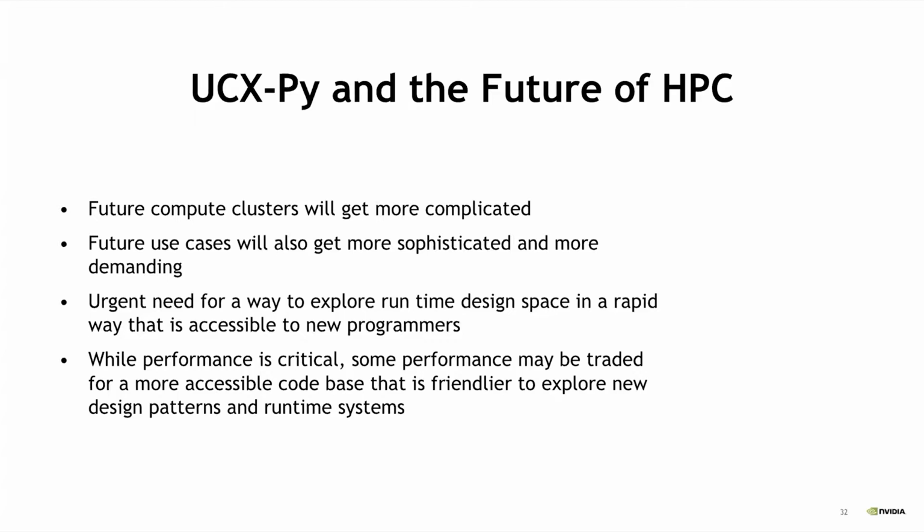Gone are the days of Jaguar just being a massive Opteron cluster. As described, Summit has many nodes, but they are also fat nodes with attached accelerators, making the memory space very interesting. And the next generation machines are going to get even more interesting, with the smart NICs that were brought up earlier. And so, since these machines are not getting less complicated,